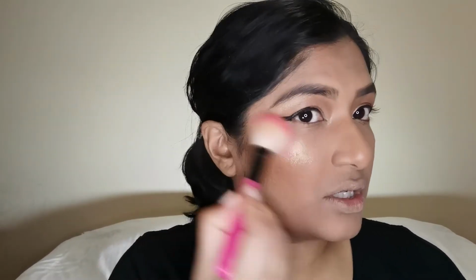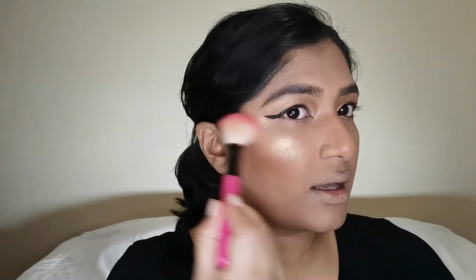For highlight, I'm going to take the bronze color and mix it up with the yellow. And whoa! Look at that. Oh my goodness. I have to stop myself from going crazy. This is just divine. Divine, divine, divine. Now this highlighter, the yellow one especially, reminds me of the Rihanna Fenty Beauty highlighter, and